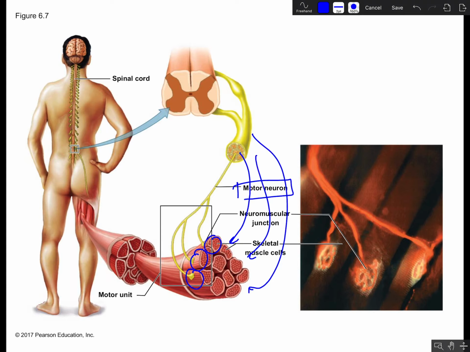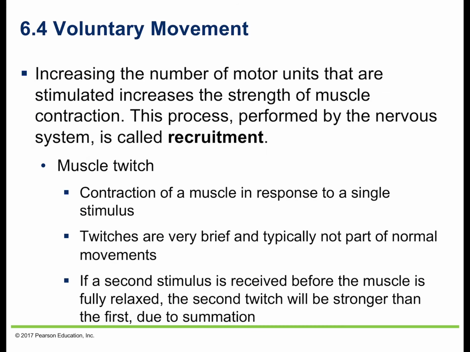This is something that would be read in a lab in what's called an EMG, an electromyogram. When they stick a needle in a muscle and look for the responses, they're reading a muscle twitch, a muscle stimulus. And basically, if another stimulus is received before it has time to relax, the second